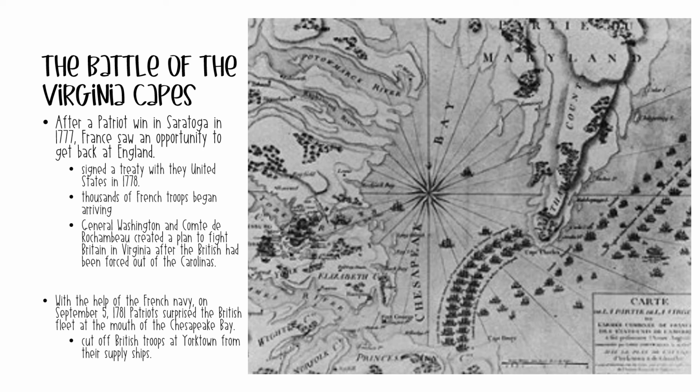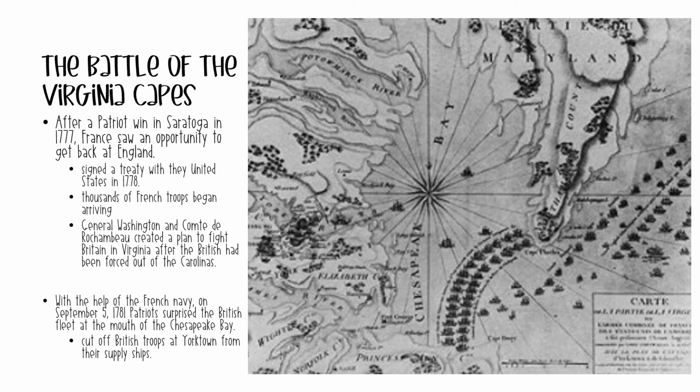In 1778, France signed a treaty with the United States, and thousands of French troops immediately began pouring into the country. General Washington and the Comte de Rochambeau hatched a plan. While Washington wanted to attack New York, Rochambeau saw an opportunity in Virginia. The British had recently been forced out of the Carolinas, and he felt that with the right strategy they could win big. So the French Navy surprised the British fleet at the mouth of the Chesapeake Bay on September 5th,